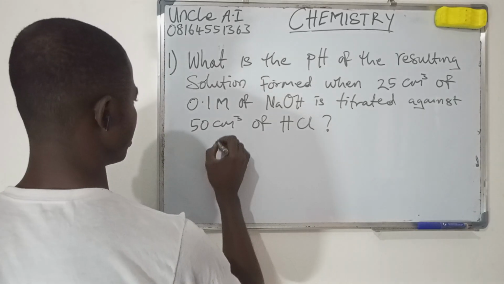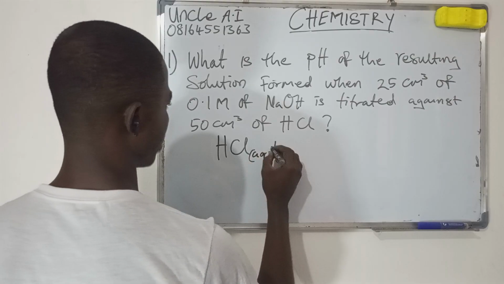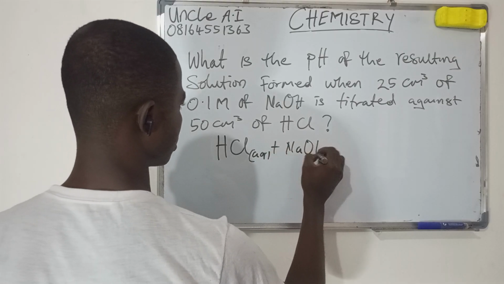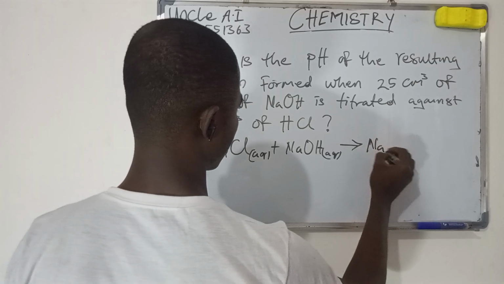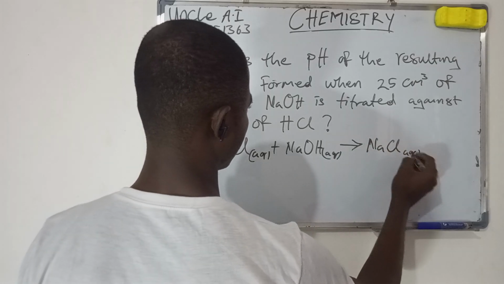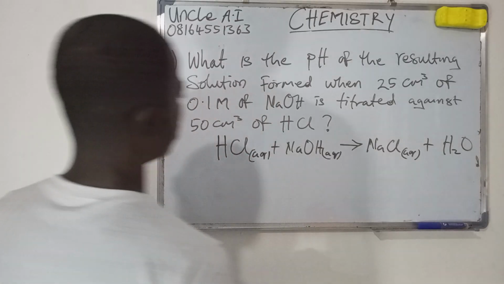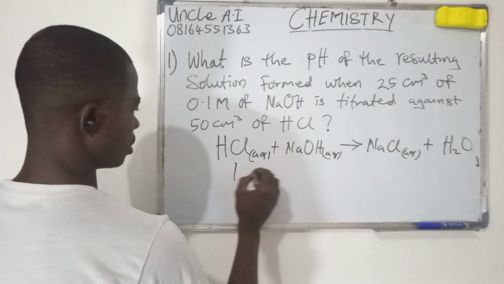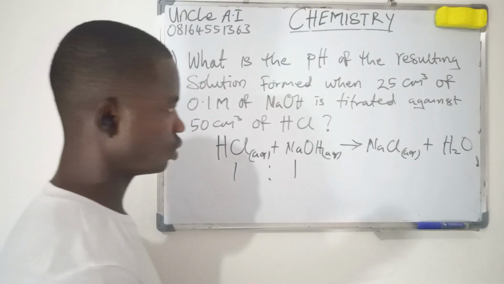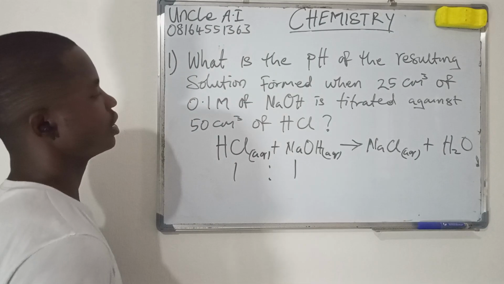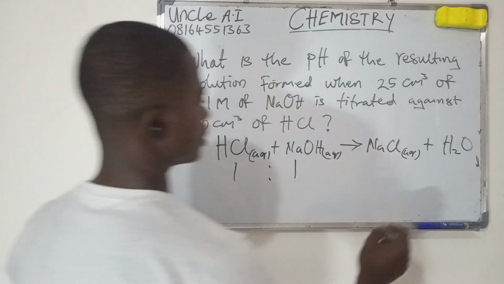First of all, we write the equation. HCl reacting with sodium hydroxide to get sodium chloride and water in the ratio of 1:1. That is our mole ratio. Have that in mind. Now, there are other parameters we have here, something like